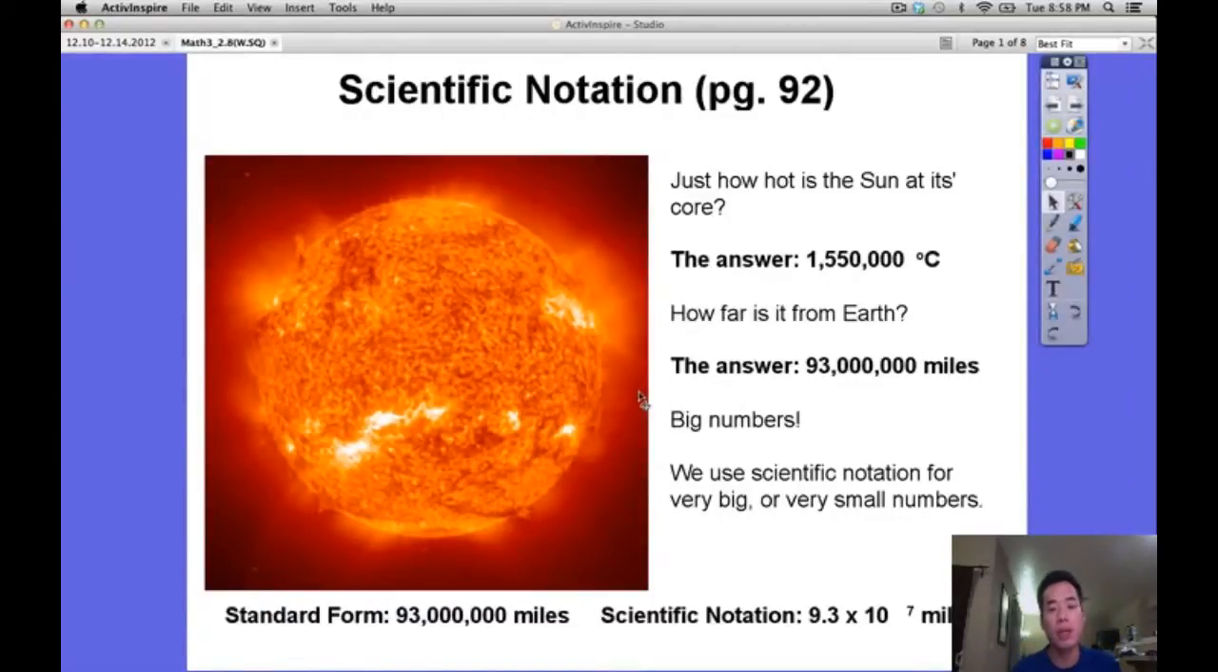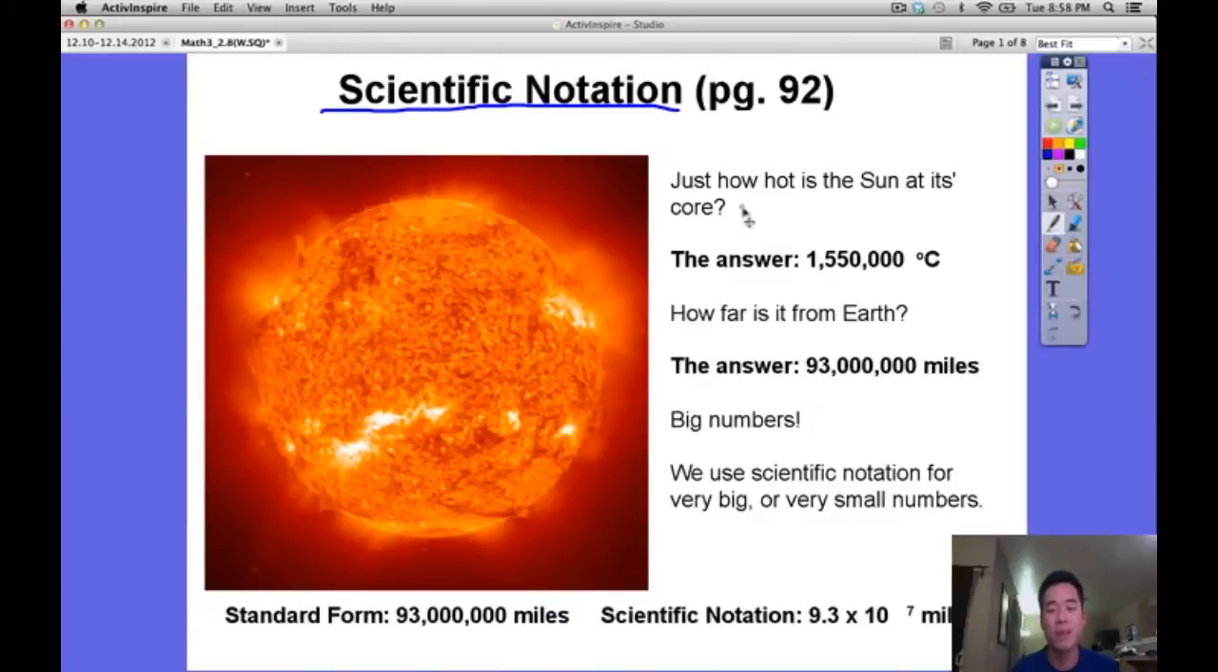Today we're going to talk about scientific notation. If you look on the screen, scientific notation is the primary way that a lot of math and science come together. So here are some examples of how we use scientific notation. Just how hot is the sun at its core? Well, the answer is